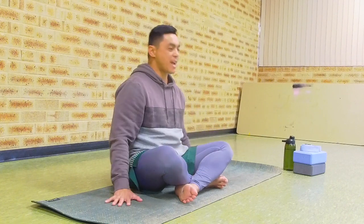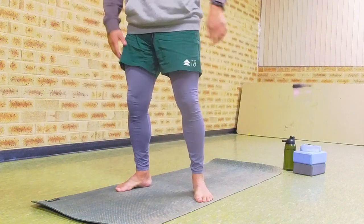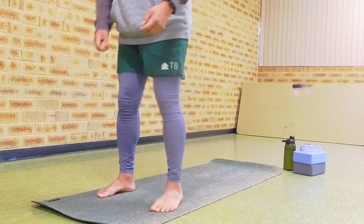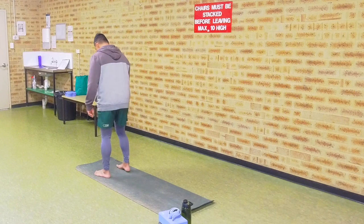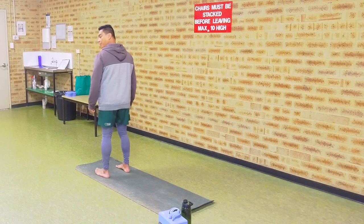All right, so let's make our way to standing. We're going to start really warming up here because it is cold this morning, and make our way to the front of the mat. You might want to prep your chair for a few sun salutations. Alrighty guys, as usual, up the front of the mat,